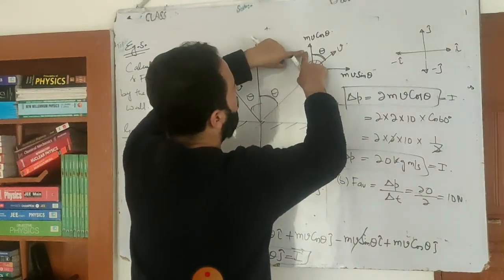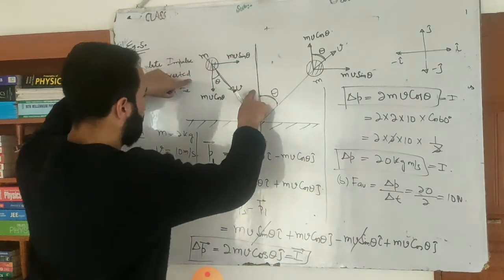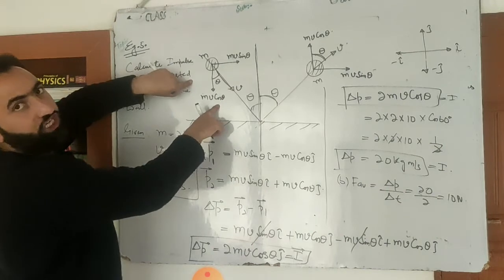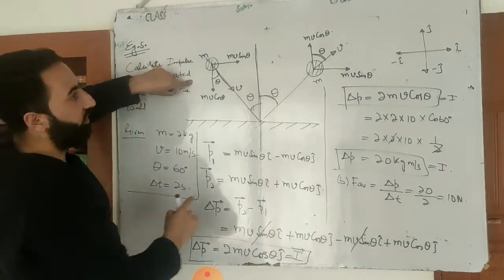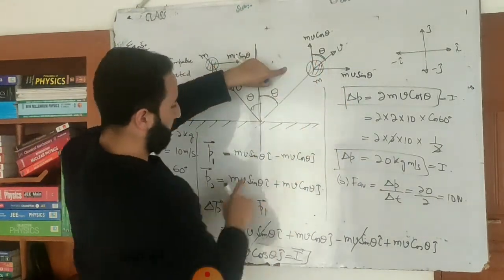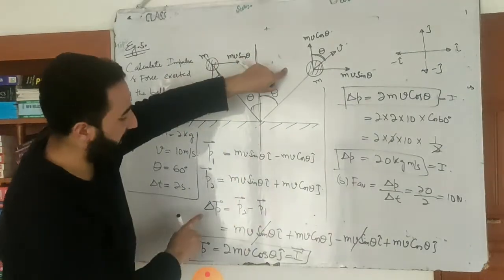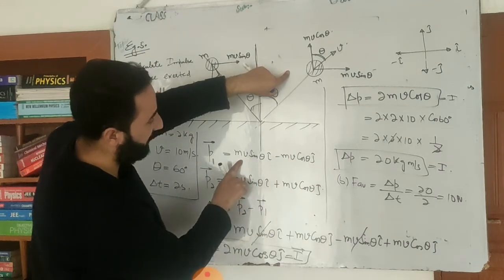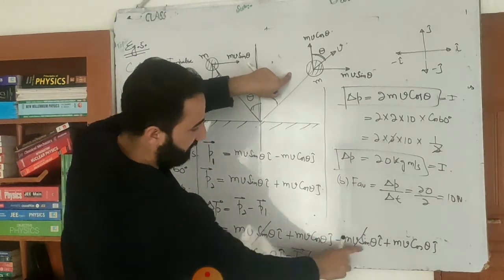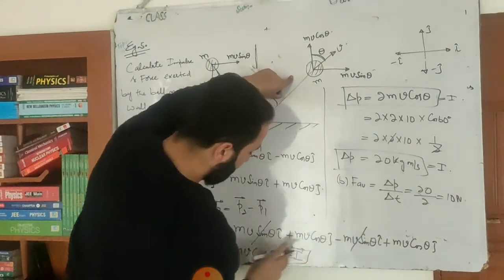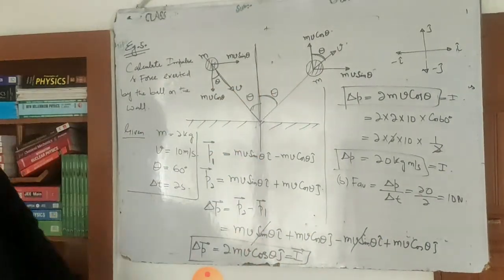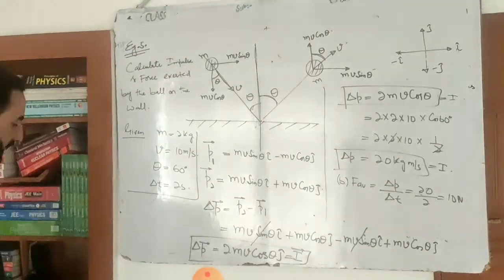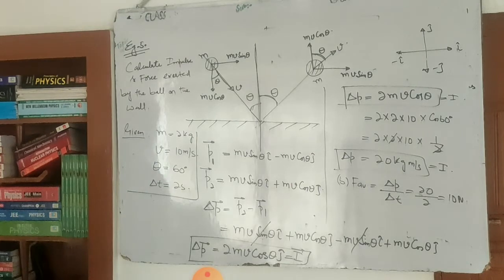So initial momentum is mv sin theta i cap minus mv cos theta j cap, because this is vertically downwards, and the final is mv sin theta i cap plus mv cos theta j cap. So delta p will be final minus initial, so this becomes minus, this becomes plus, then this term and this term will cancel, this and this will add. So this is the delta p and that's called impulse. Then substitute the values, you will get the answer, and then from there you can calculate the average force, okay. So pause the screen and write it down, look beta.